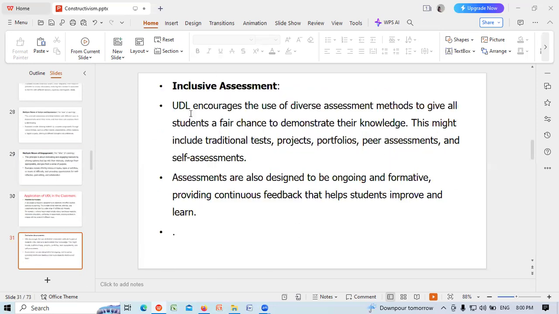Inclusive assessment. UDL encourages the use of diverse assessment methods to give all students a fair chance to demonstrate their knowledge. This might include traditional tests, projects, portfolios, peer assessment, and self-assessment. Assessments are also designed to be ongoing and formative, providing continuous feedback that helps students improve and